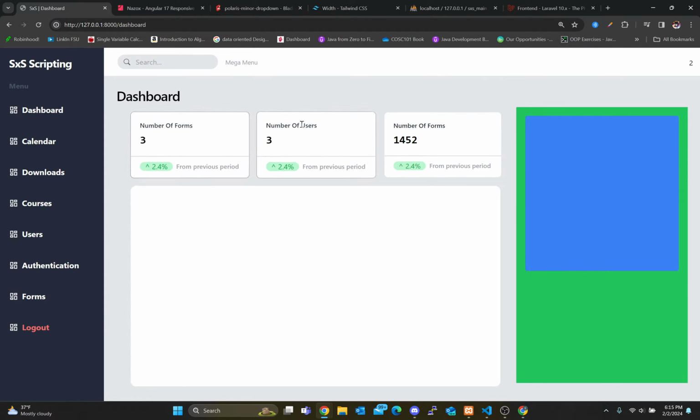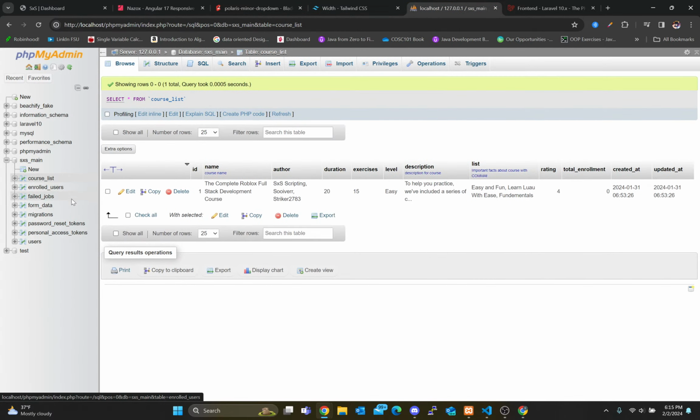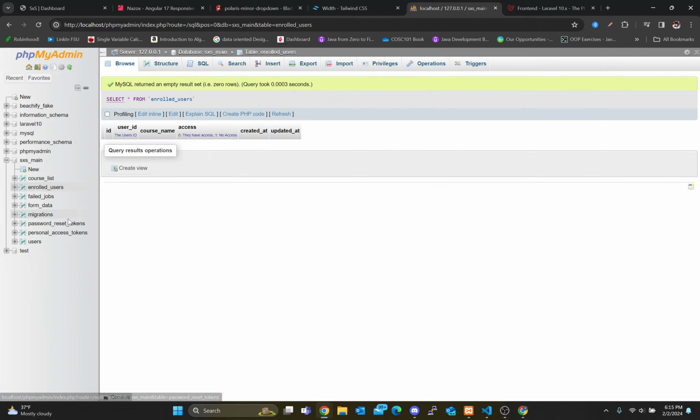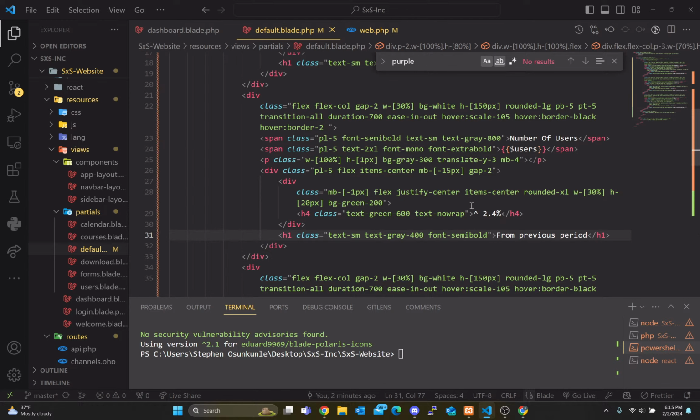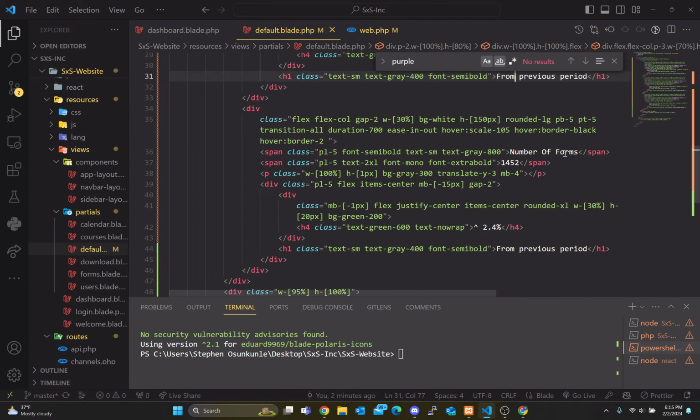So number of form users, I can have. I'll probably just change that later. I need to figure out how to get a table, though. That's gonna be important. I probably have the course list here, but then the course is connected to the. Okay, that now makes sense. I get it. So if I go to number of, I think with the number of downloads actually, and just create a downloads migration table,